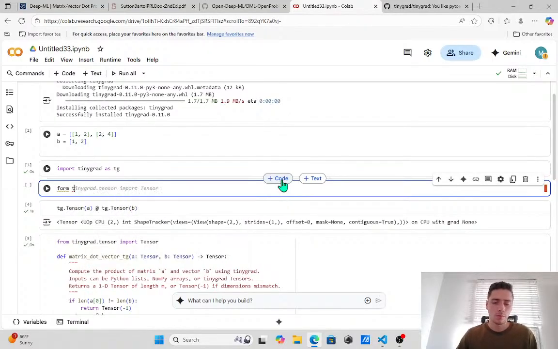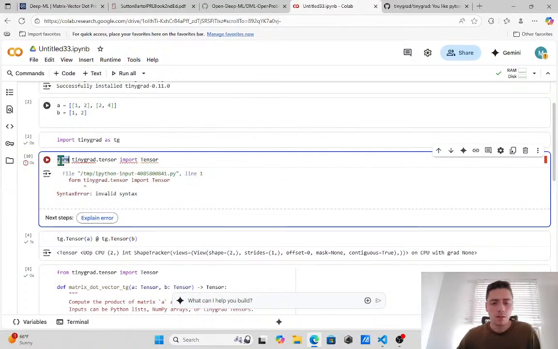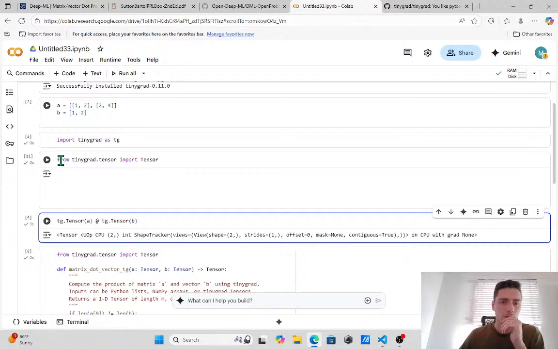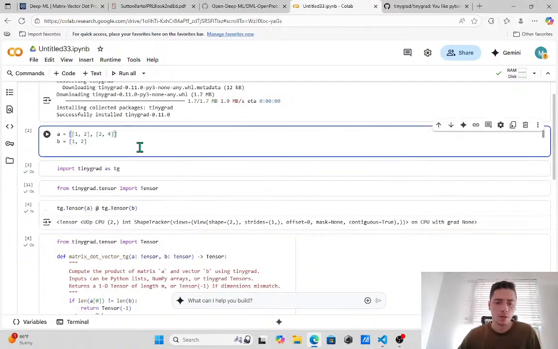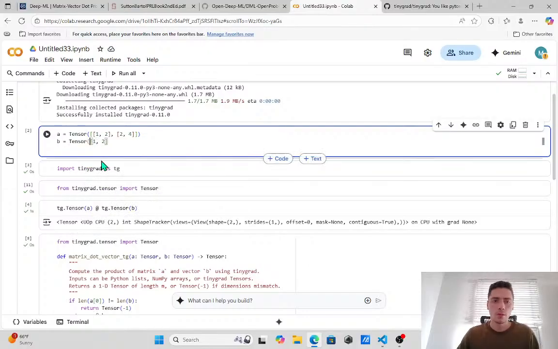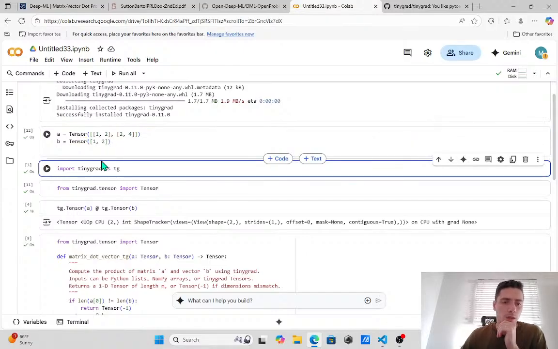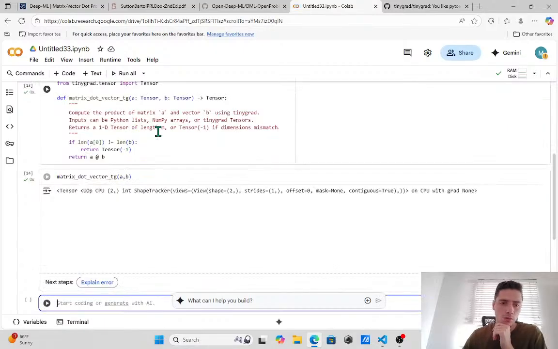Tinygrad. Yes, thank you. I need to learn how to spell better. So let's create these as tensors. Okay. Now if I pass these to this,